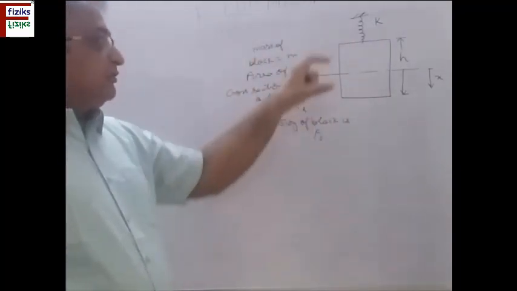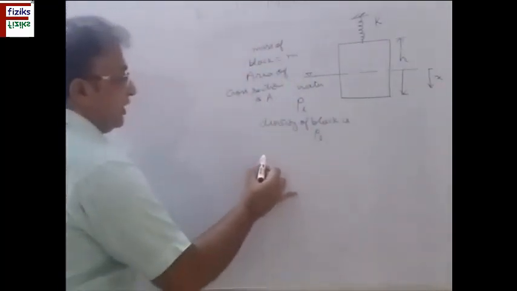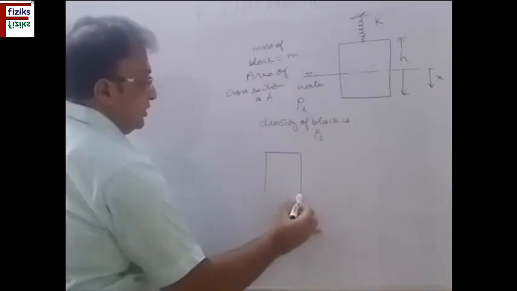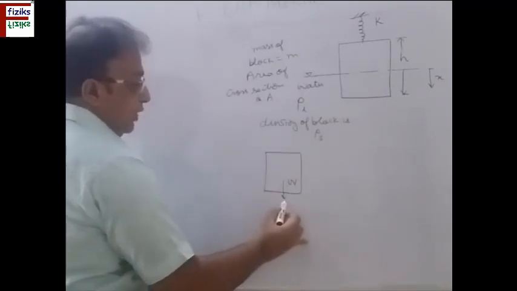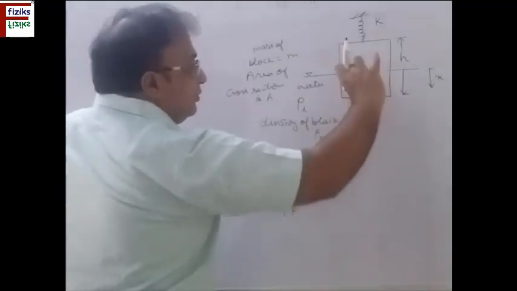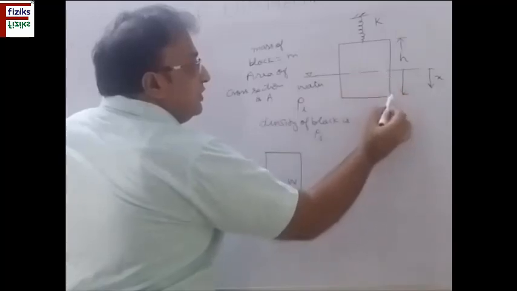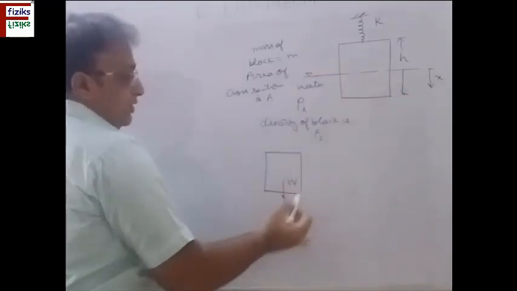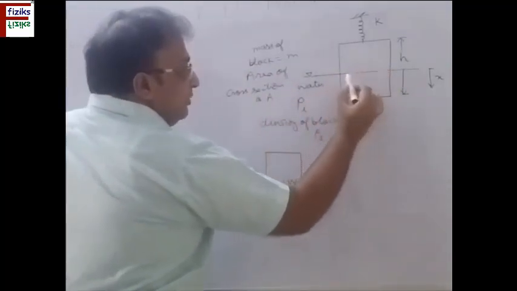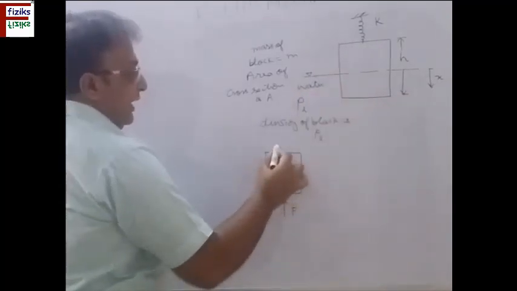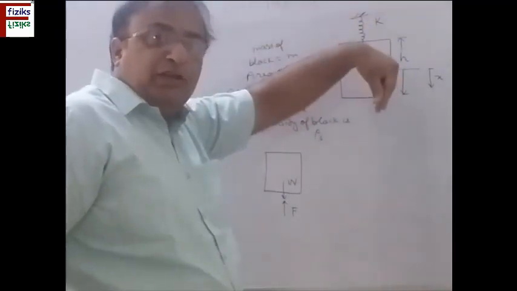Now in this case, this block is in equilibrium. Equilibrium under what forces? If I draw the free body diagram of this block, what are the forces acting on it? Its weight in downward direction, and the buoyancy force or thrust force due to this much portion which displaces the liquid, equal to this much volume which has been submerged in water. So the buoyancy force is in upward direction, equal to the weight of liquid equal to the volume displaced by this submerged portion, and it is pulling the spring in downward direction as we give the displacement in downward direction.